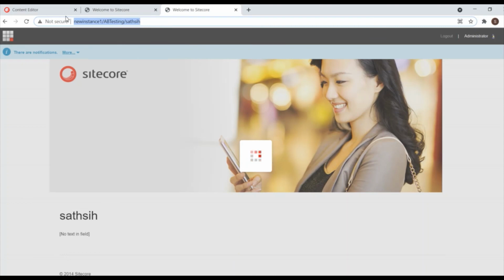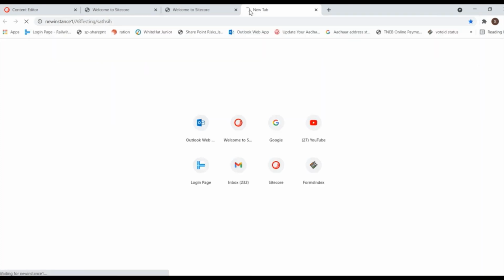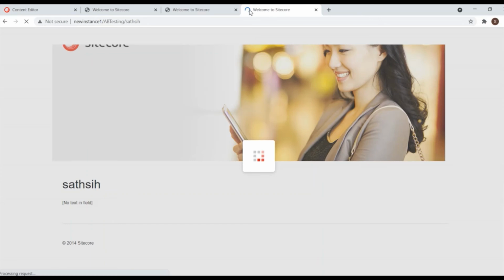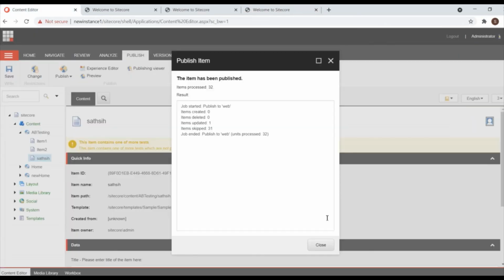The page with the component is ready. So I will now browse the page. It will show you two components for 50%. Based on the goals and the engagement value, it will select.